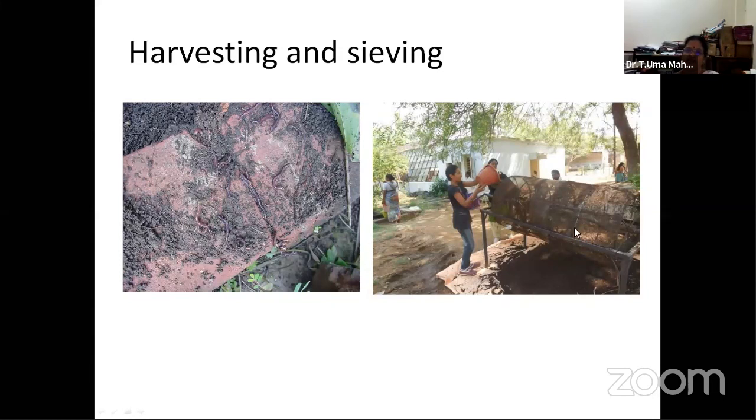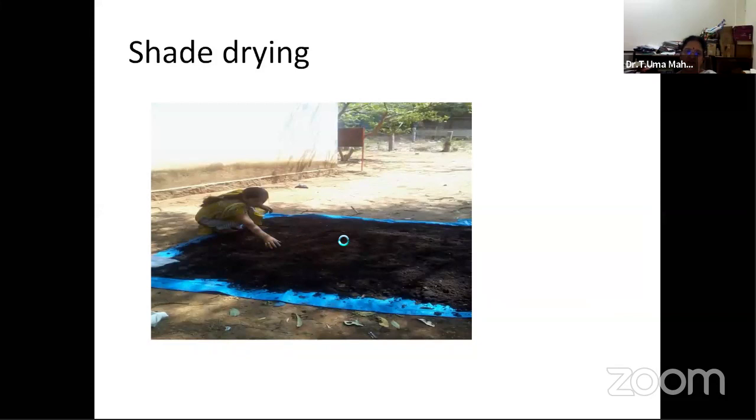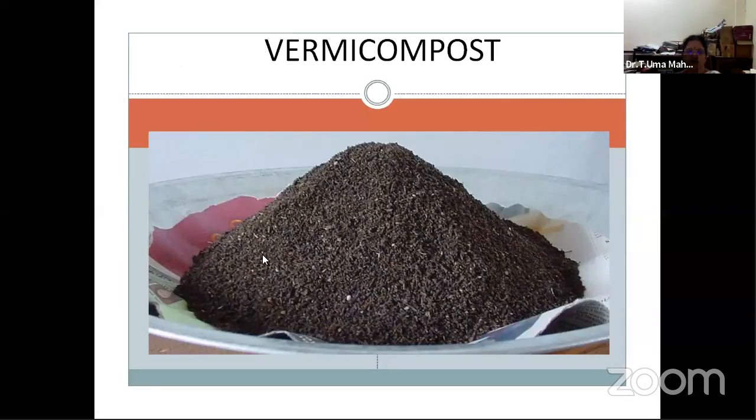Then this is a sieve, which generally costs about 10 to 12,000, used for the sieving of the material, and we can use it manually or even mechanically. Now they are using it for sieving the vermicompost. After sieving, it will be very moist, with more than 70% moisture. So what we do is shade dry it, and then we can pack it. Finally you will see a granular material, which is nothing but the vermicompost. So this is how we generally get the material and use it as vermicompost.